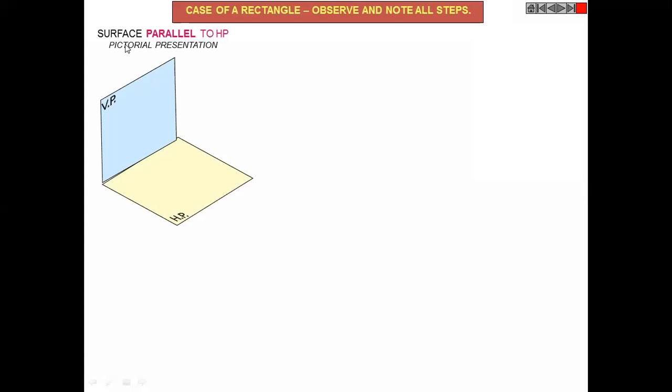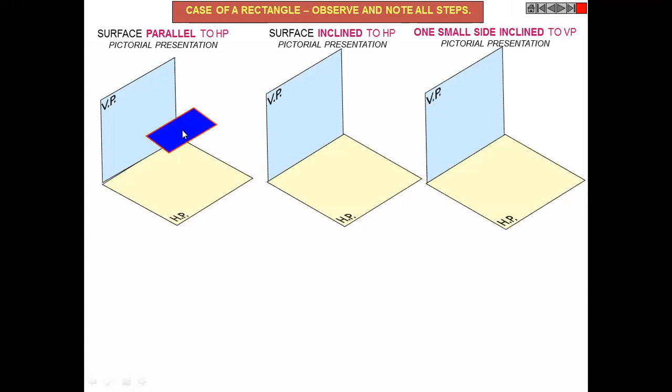First of all, see surface parallel to HP. This is called surface parallel to HP. Correct? Any doubt in this? Okay. This is surface inclined to HP. Correct?